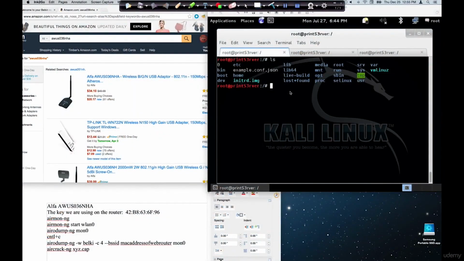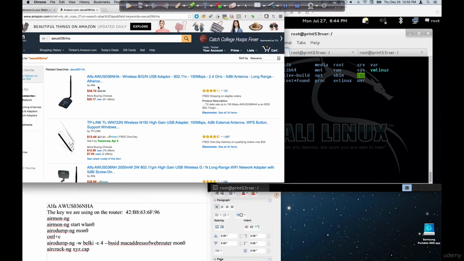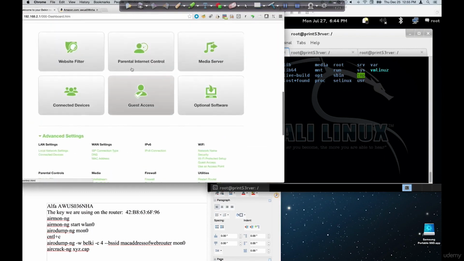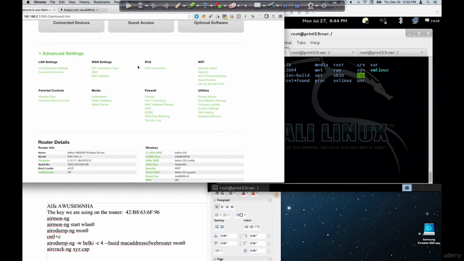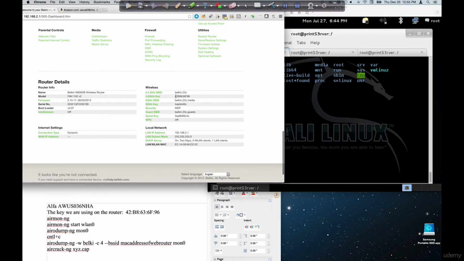What we've got here on the screen is Kali Linux running, and we have the alpha card here. This is the model number of the one we're using right now, and you can see that they're $34 on Amazon. They've been $34 for a long, long time. Now let's take a look at the Belkin configuration. This is their configuration screen. And what I did was I just connected to it earlier over my wireless, and it gave me this screen, right? So the information we want to know is, as part of setting up this lab, I just set a 2.4 gigahertz key right here. So it's 42B8636F96,